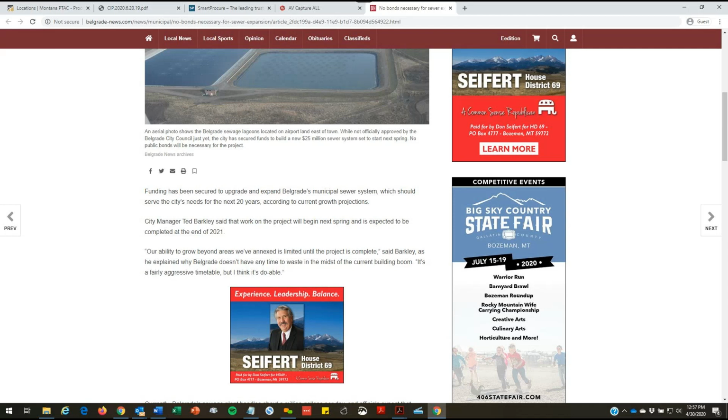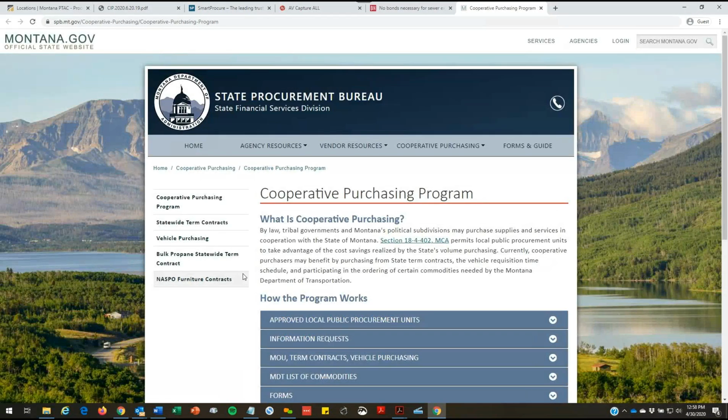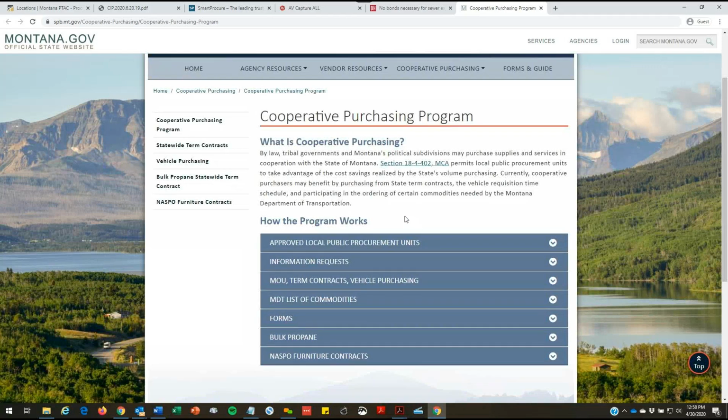So the one thing that I had meant to get to that I'm not going to get to is cooperative purchasing. The important thing to know is that some of these entities might be doing cooperative purchasing. And I'm actually just going to pull one website up before we get to the questions. So state of Montana, as long as there's a memorandum of understanding, cities and counties and school districts and tribes can actually make purchases using the term contracts that the state of Montana has. So these are things like vehicle purchases,